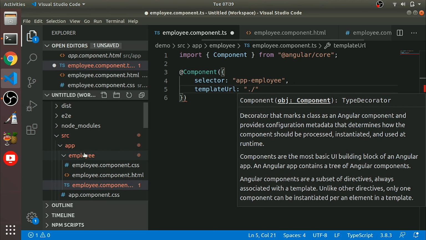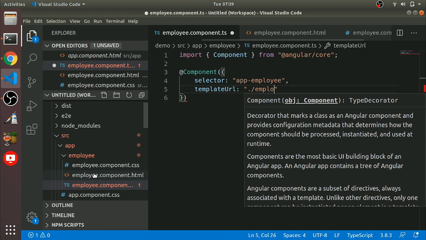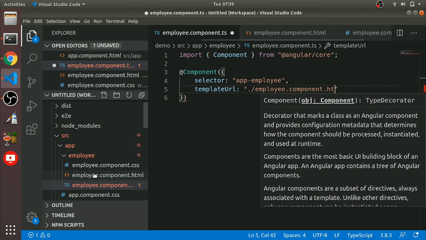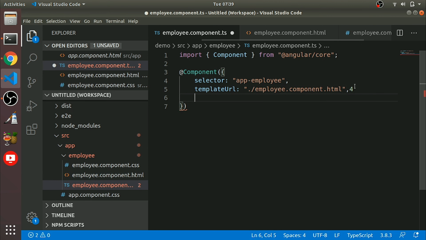Dot means current directory, this is the current directory, and employee.component.html. Next we can give styleUrls, ./employee.component.css.